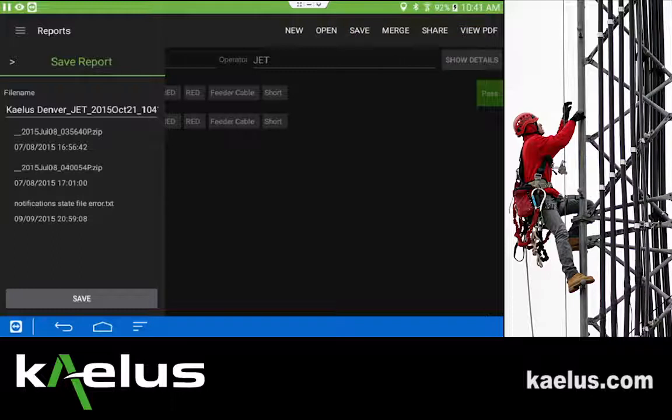What you'll notice is the file name is created by default. It is the site name, in this case Kalis Denver, the operator, in this case JET, and a timestamp. We can choose to accept this, or we can of course type over in a new name that's more descriptive or something that we might want to include. By adding the timestamp at the end, we can save multiple report files that are an accumulation of measurements, and always have the ability to go back one step by opening and add back data if we lose anything. In this case, I'm going to choose to save the report,